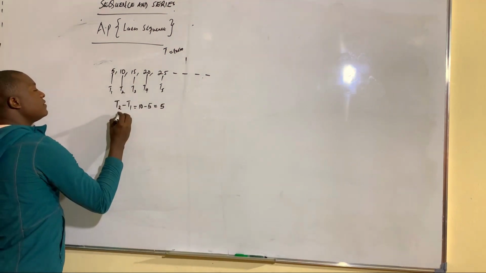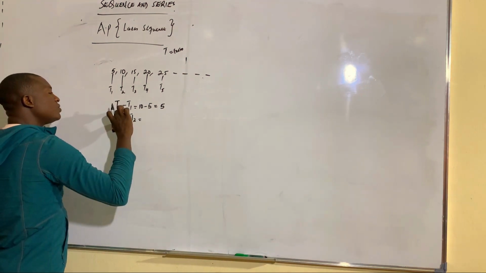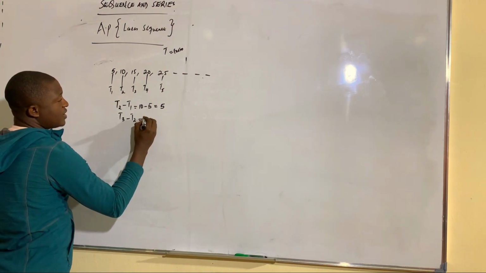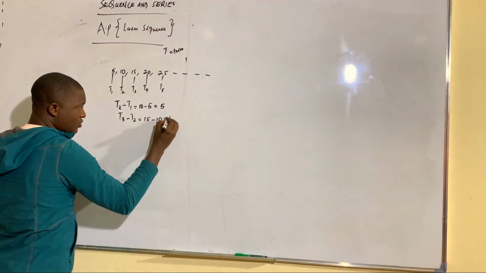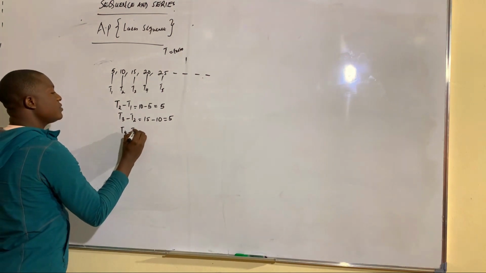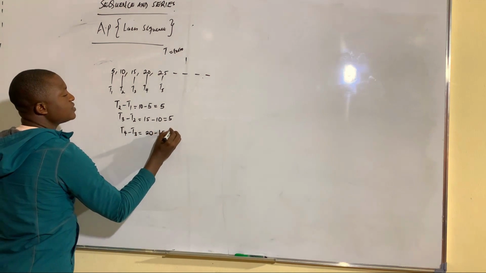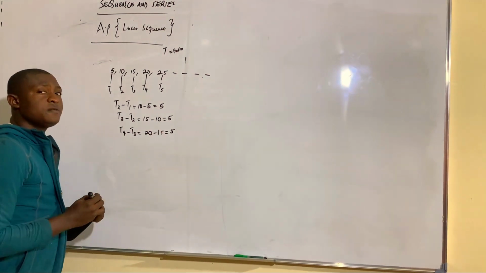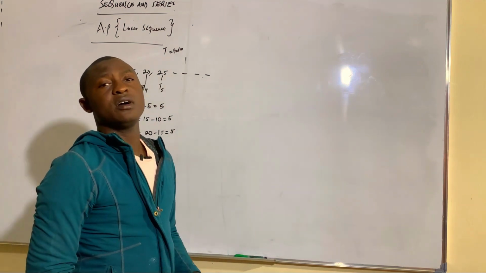Or let's say we have the third term minus the second term. The third term we have is 15, minus 10, of course, we are going to have 5. Or let's say we take the fourth term minus the third term, that is 20 minus 15. So far, if it is an arithmetic progression, we are expected to have the same